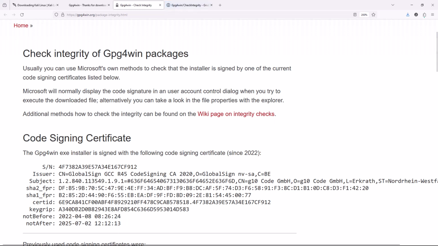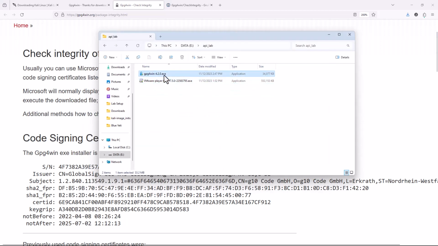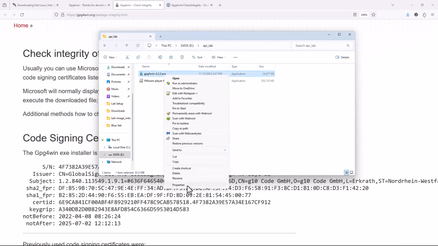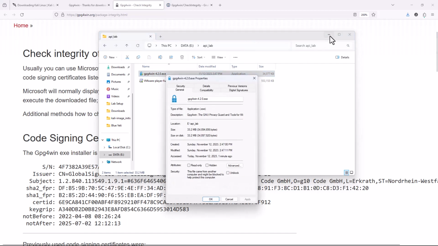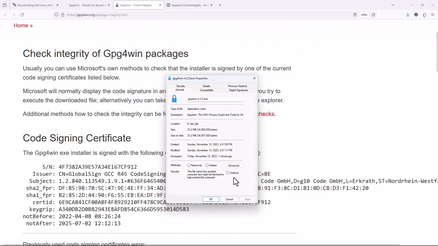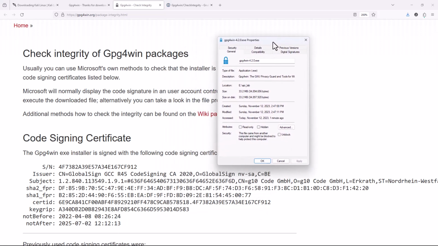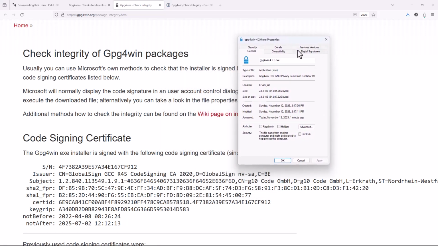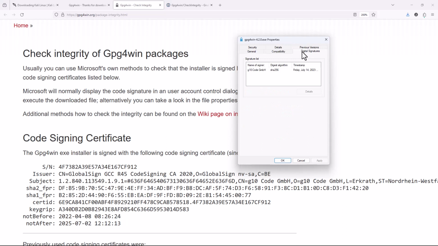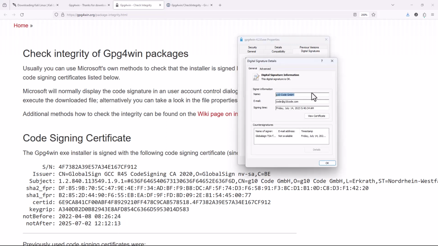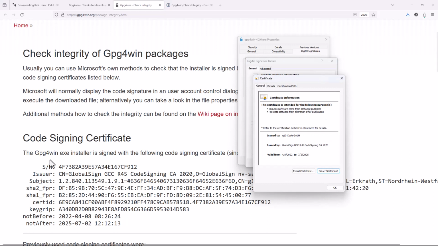The code signing certificate, we would simply bring up the file, right-click on it, go down to Properties. Again, we do see that it is blocked as expected. Go to your digital signatures, select that digital signature, look at its details. You could see the information right there, and if you wanted to view that certificate,